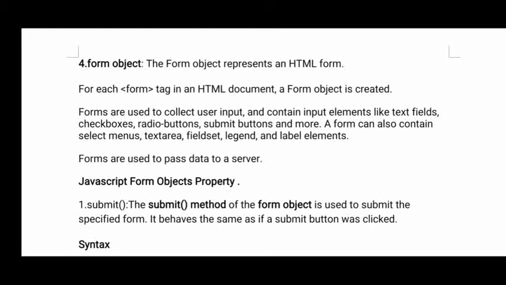So in the HTML document, whatever forms you create, each form is considered a form object. Whatever fields you create in the form, like form text field, form dot password, form dot radio button, form dot checkboxes, are all called properties of a form.